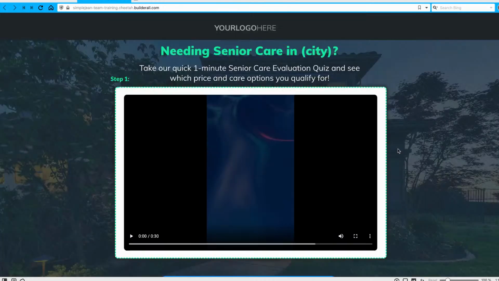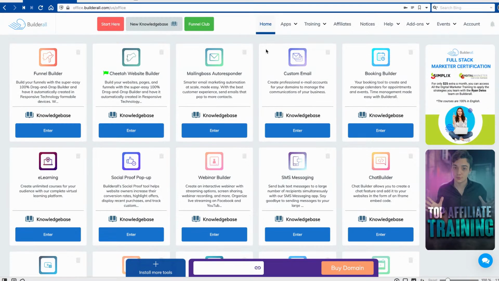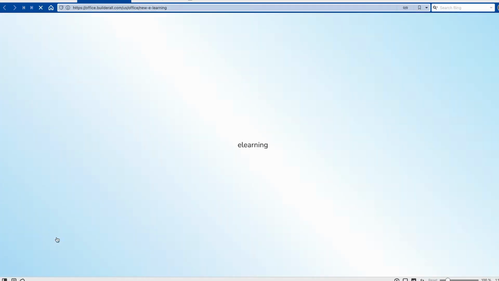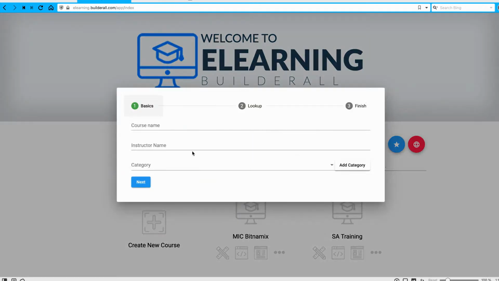Let's actually go and create our e-learning. So let's go back to our office right here. And where is my e-learning? Right here. So let's click on e-learning. And what I'm going to do, let's open up and create a new course. Let's call this our team training. And then the instructor name, of course, me, category,